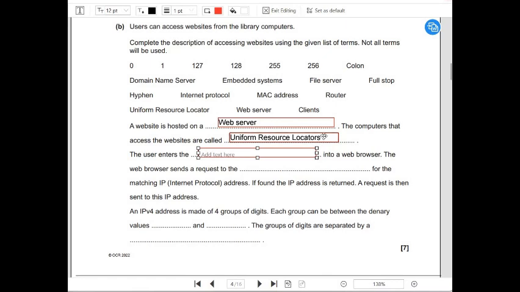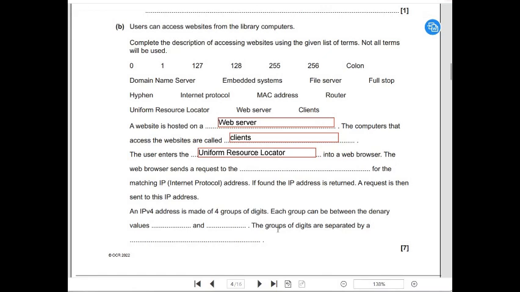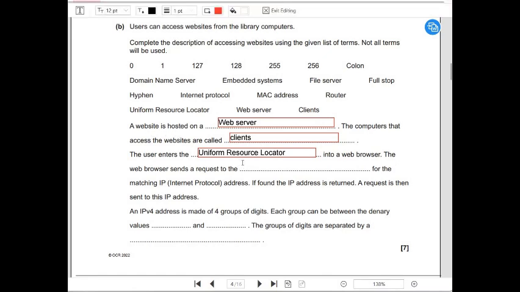Misread that one by accident. The computers that access websites are called clients. My apologies there. The user enters the Uniform Resource Locator, or URL in layman's speak, into a web browser. The web browser then sends a request to the domain name server